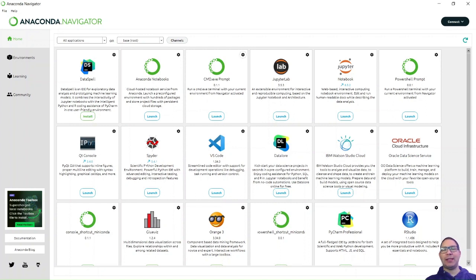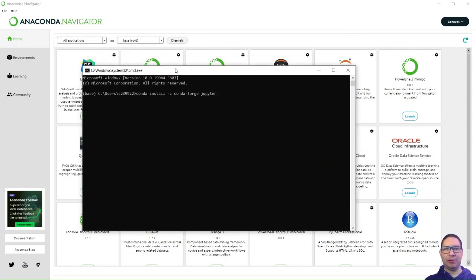But before doing that, I also need to install some components to be able to run the stuff. So basically I will use the CMD prompt to execute commands in the pre-configured environment of Anaconda. Right? When I launch this tool, I run this command: conda install, from the conda-forge repository, and I want to install the Jupyter application.